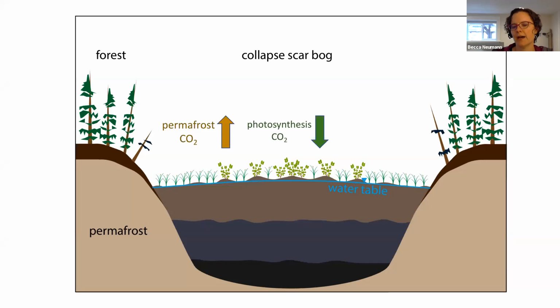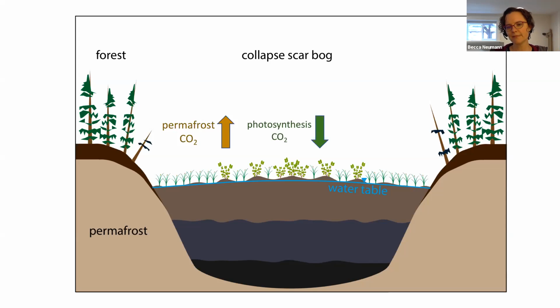But it turns out that wetlands are actually highly productive, and so over longer time scales, say centuries to millennia, these wetlands can actually pull more carbon out of the atmosphere than was lost with this permafrost thaw. And so we can actually have a net cooling impact on the climate on very, very long time